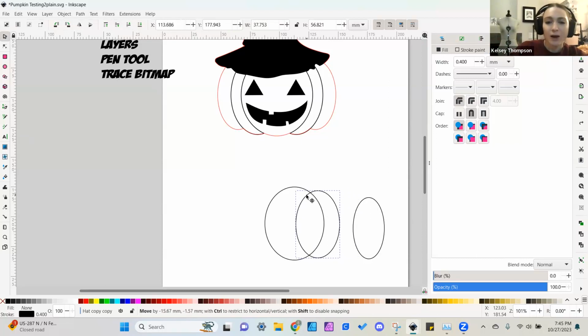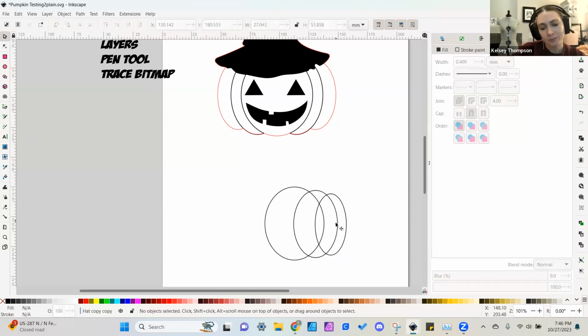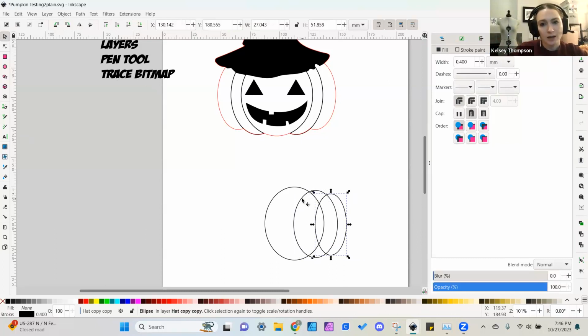Gosh, I keep doing that. And then in this instance, I'm going to take these and line them up like that. I'm going to change how they're lined later, but essentially I am going to now take these two shapes and